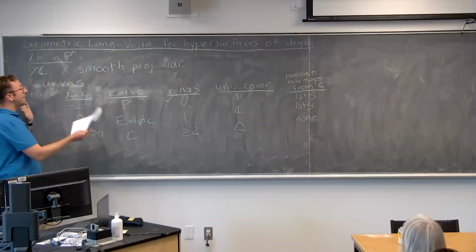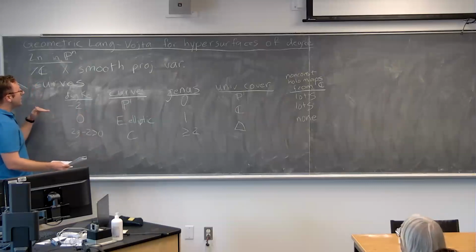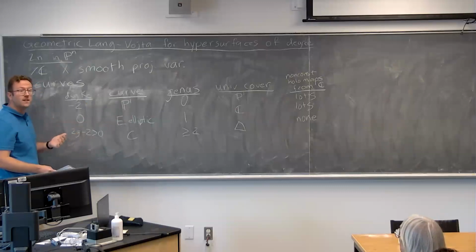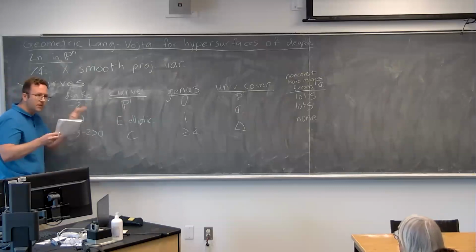There's this family of conjectures that make this precise. There's a conjecture that I'm not going to talk about today called Manin's conjecture, or geometric Manin's conjecture. That's for Fano varieties, and it's a precise way of saying there should be lots of rational curves, rational points, holomorphic maps from C, like lots of them.